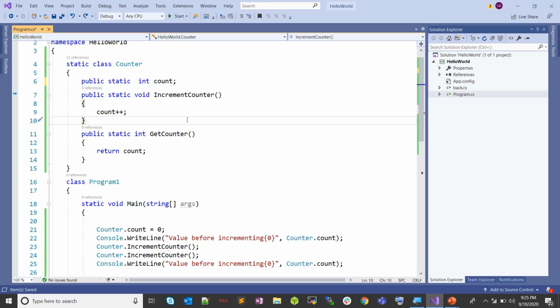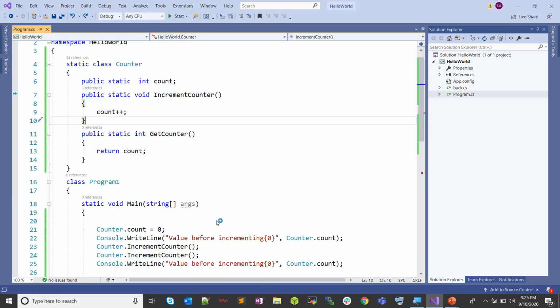Also, if you are creating a static variable, it will be allocated in heap memory and shared among all the objects. Only one memory allocation is done in the heap section, and it is shared by all the objects of that class. So these are the things for static.